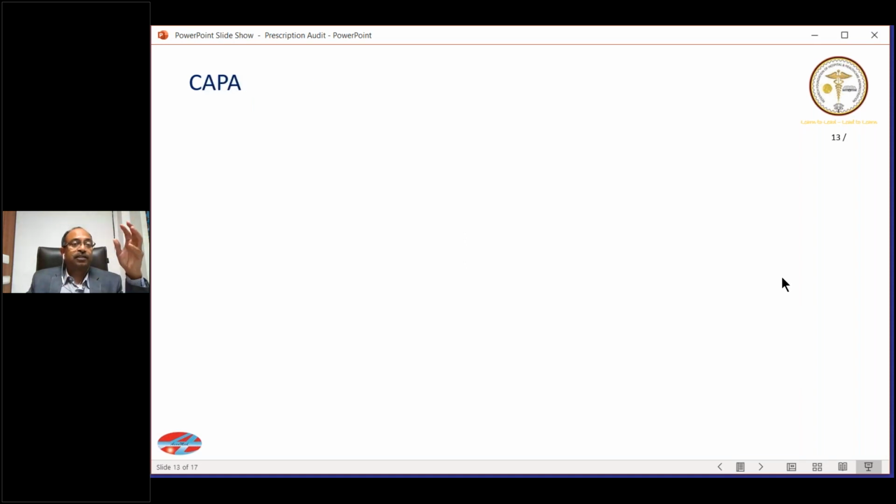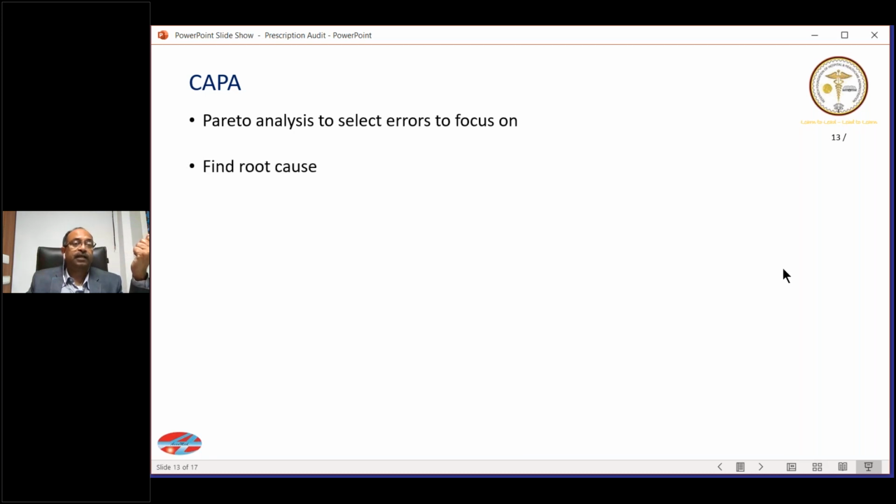So once we have done this audit, we have to do some corrective and preventive action, and this corrective and preventive action should be done based on the analysis of your data. So we will see what is the analysis. As you can see on your screen, we typically do a Pareto's analysis. Okay. Then based on the Pareto's analysis, we may have found 10 reasons, but we look at 4 important reasons,